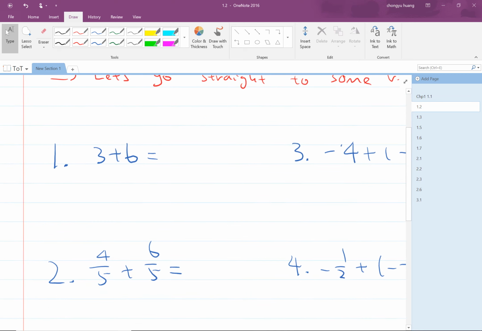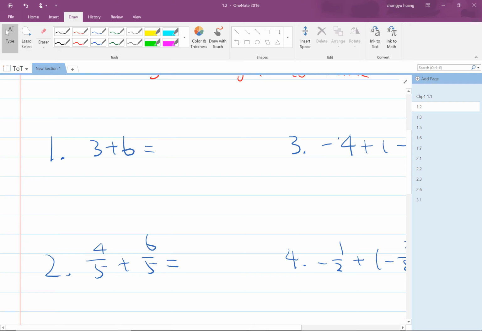So the first question over here is 3 plus 6. That is quite simple, right? Everyone knows 3 plus 6 is equal to 9. So the answer right here is going to be 9, right? And the